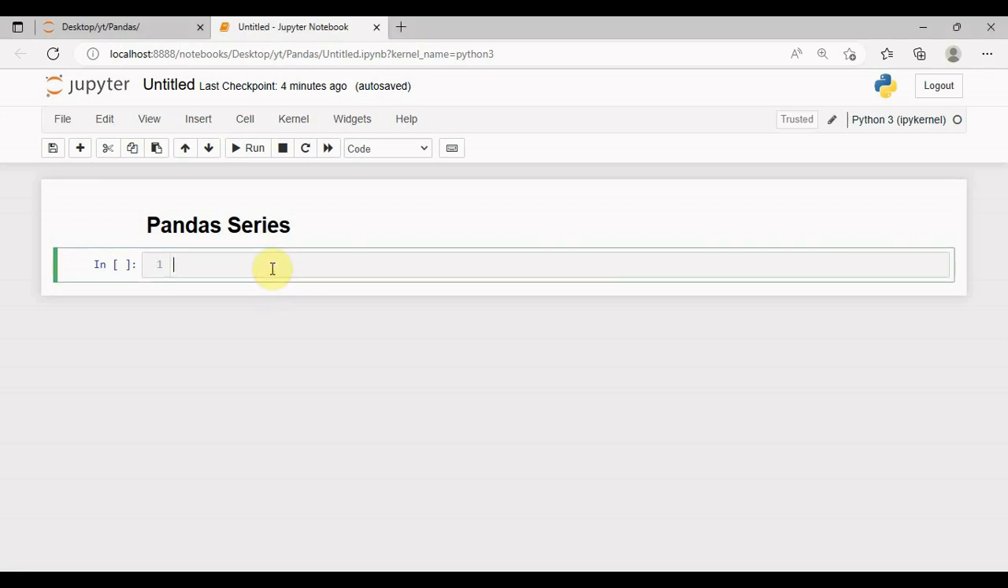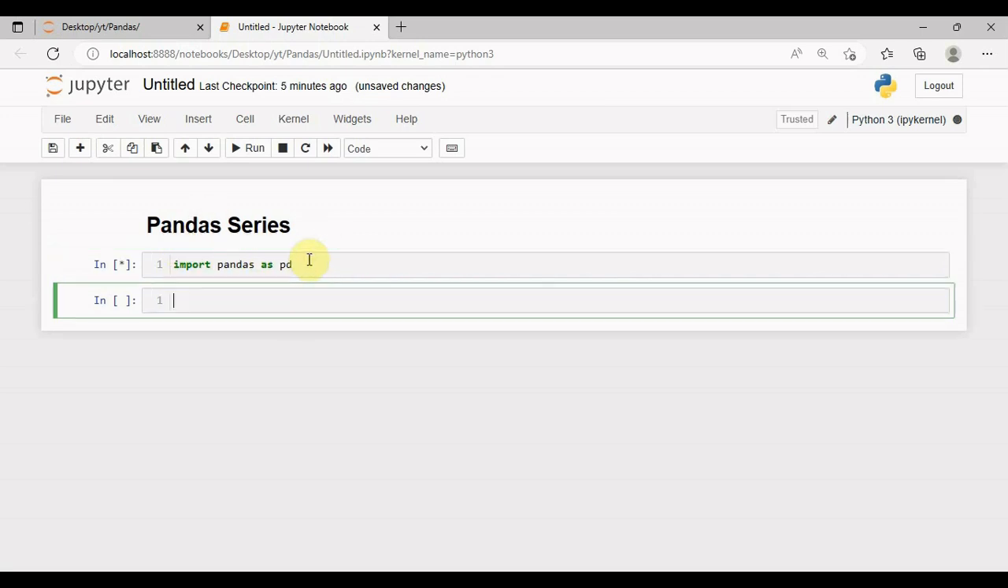Before we do anything in Pandas, we need to import it. Import pandas as pd. And since we don't want to type out this whole pandas word every time we want to refer to a function in the Pandas library, we type as pd. So let's run this. And now let's create our series. So x equals